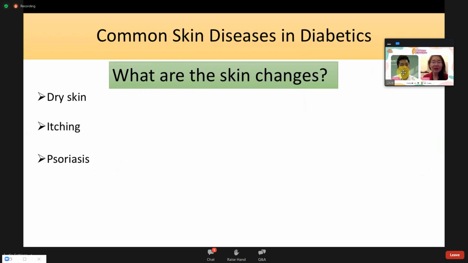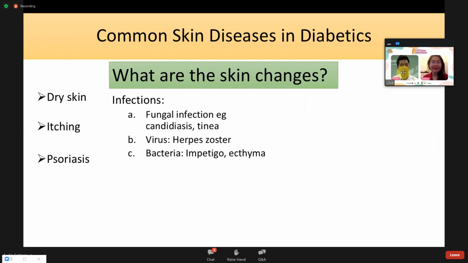Psoriasis is actually a long-term skin problem. There's no cure for it, okay? But there's on and off flare, but you can actually control it. Well, on top of dry skin, itchy skin, and psoriasis, if you have diabetes, our immune system is